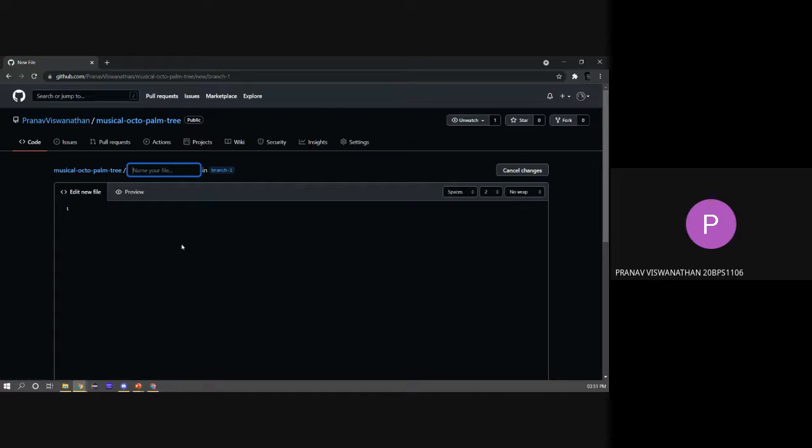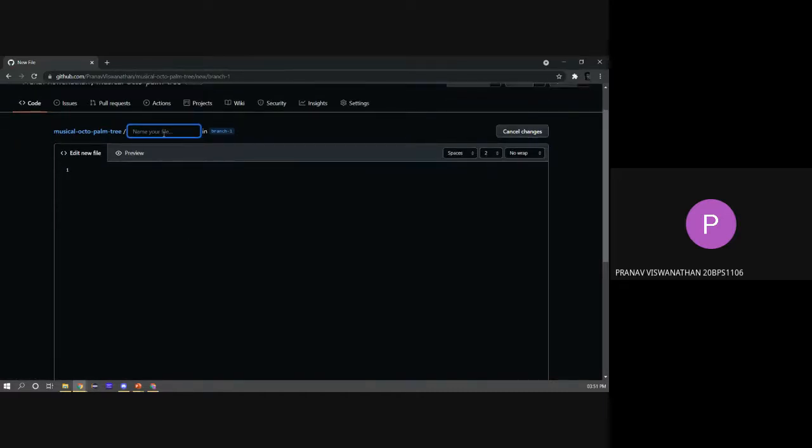Now this is basically how you can create a new file. I'm going to add a new file inside a separate folder. To create a folder, all you have to do is give it a name. I'm just going to call it folder one. Then if you add a forward slash, whatever file you add will go into folder one.